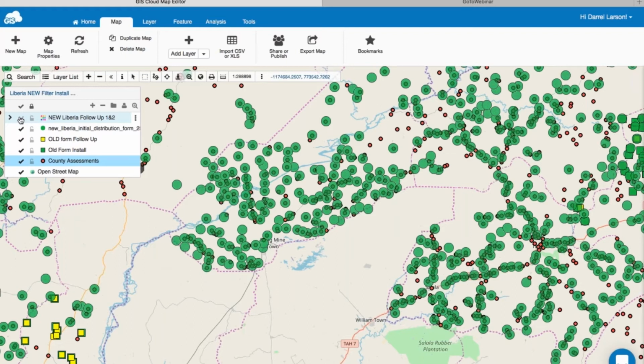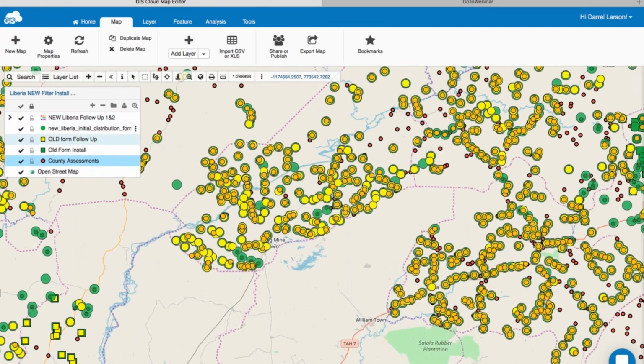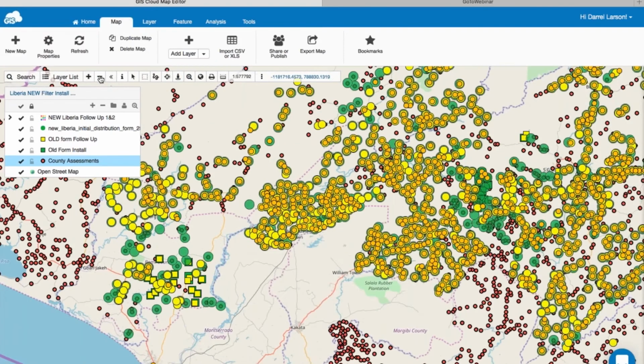The yellow dots represent when a team goes back after 2 weeks and gives the follow-up assessment, which is a compare and contrast. So you have a before survey with the green dots and an after survey with the yellow dots. Then at the 8-week mark, the orange dots represent the second follow-up. We give the same survey again at the 8-week mark, and then we track the before and after results of the reductions in all of those things we talked about previously.